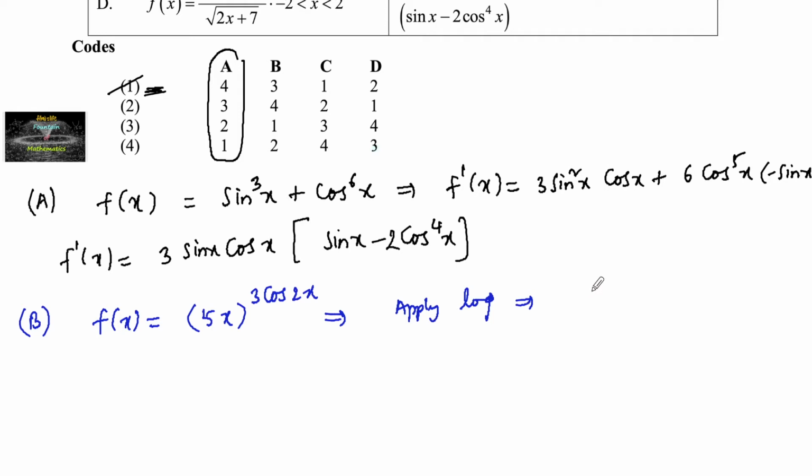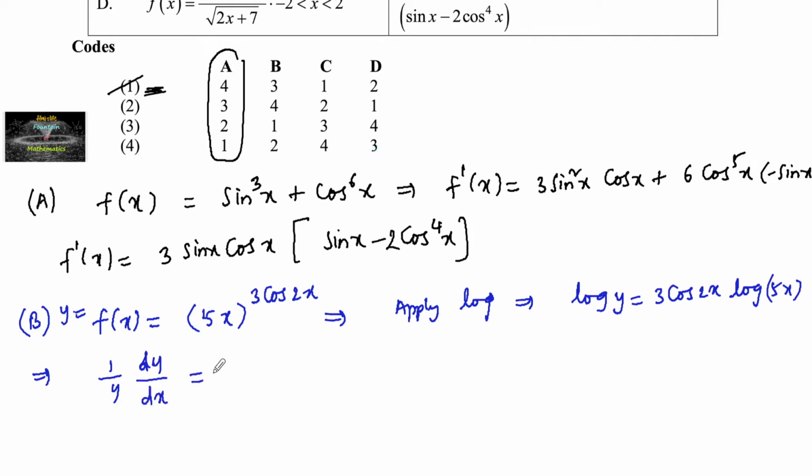Let us put this as y, log y is equal to 3 cos 2x into log of 5x. Now differentiating with respect to x, 1 upon y dy by dx is equal to 3 cos 2x into d by dx of log 5x, which is 1 upon 5x into d by dx of 5x, which is 5, plus log of 5x